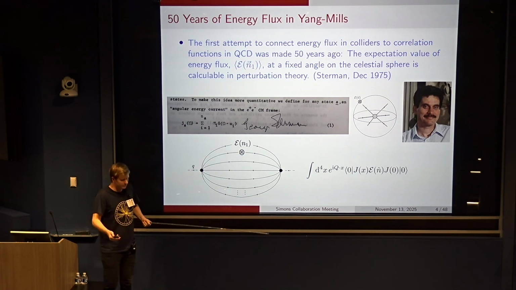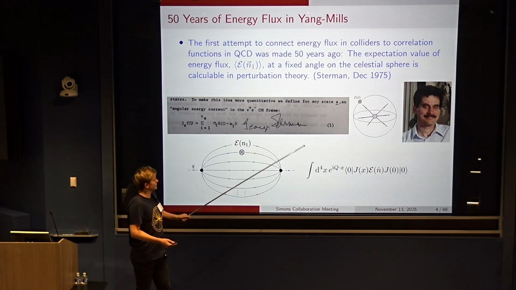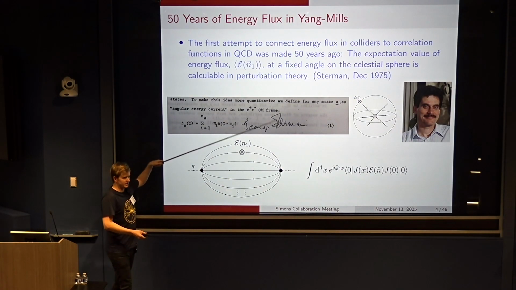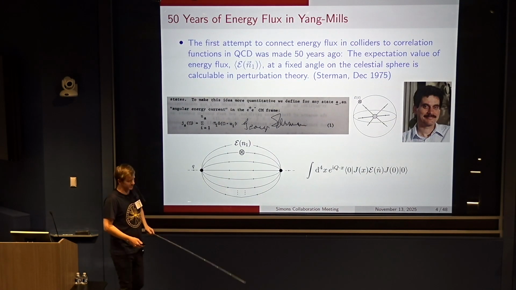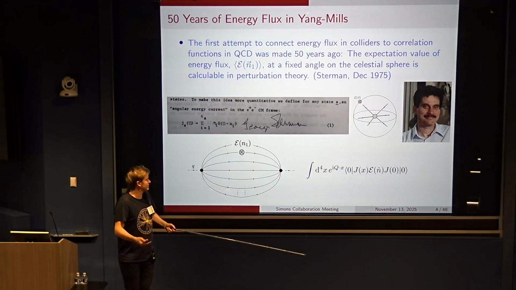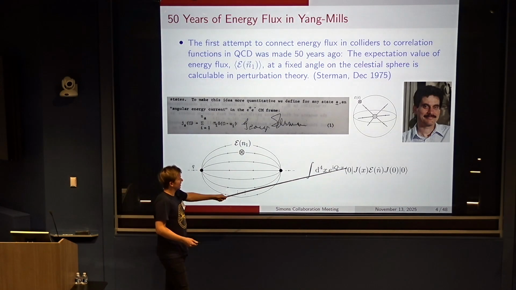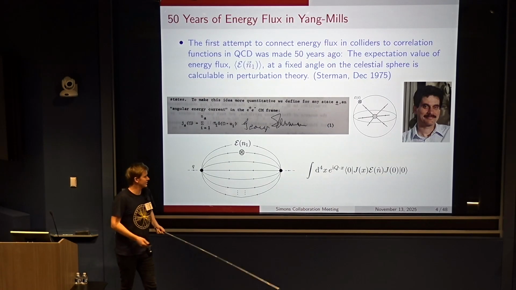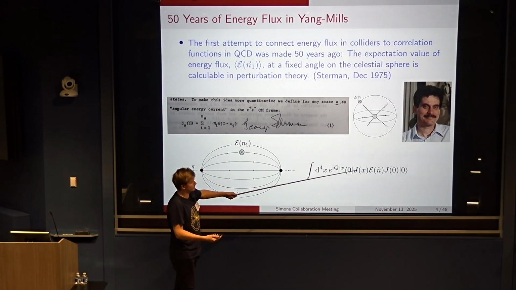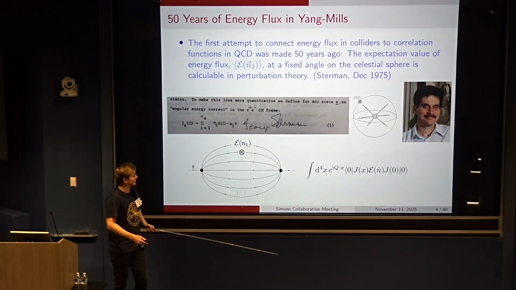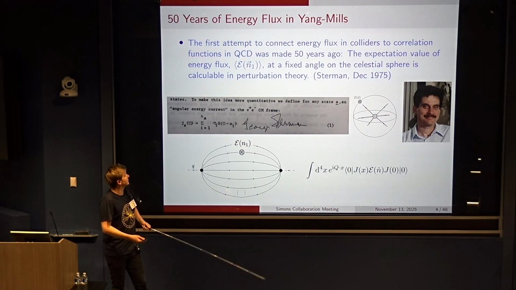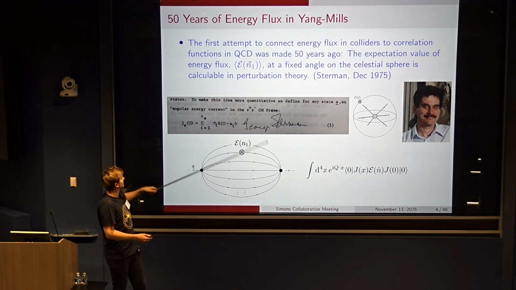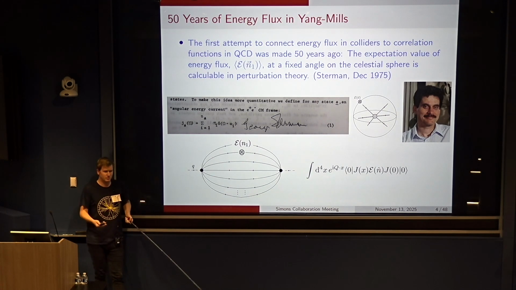And so this is motivated by what you literally do in an experiment. And so we wanted to define an operator which is just like a calorimeter cell, and it's measuring the flux which comes off in some particular direction. And so what he proposed is that one could measure, or one could compute, expectation values of that energy flux operator, which, as I'll show in a second, are directly related to 3-point functions in the underlying theory. And so what he showed also in his early work is that this expectation value of this energy flux at some particular angle is actually calculable in perturbation theory.